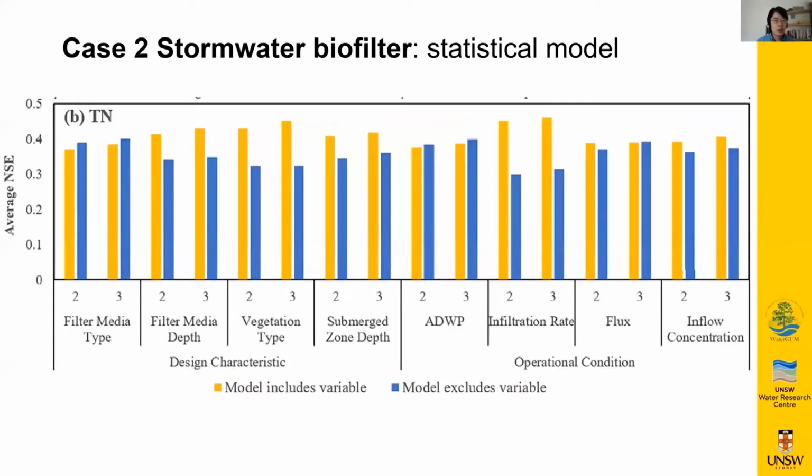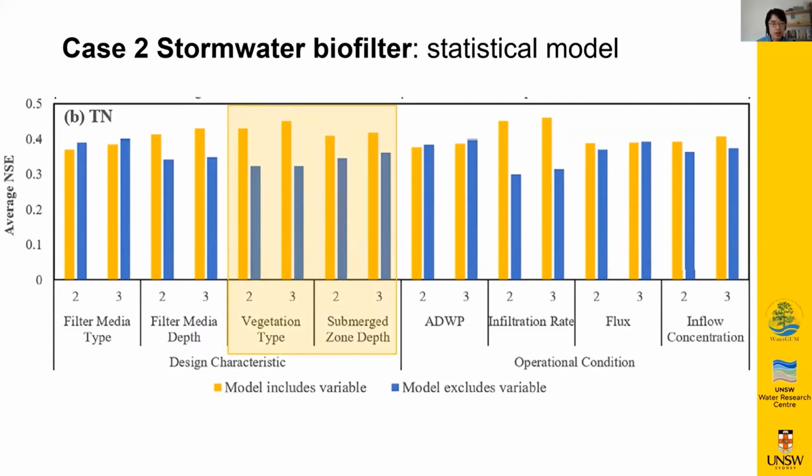So again, here is an overview of some of the results on nitrogen removal in stormwater biofilters. We found that if we exclude vegetation or submerged zone, then the model performance will be much worse than the models with vegetation type and submerged zone,